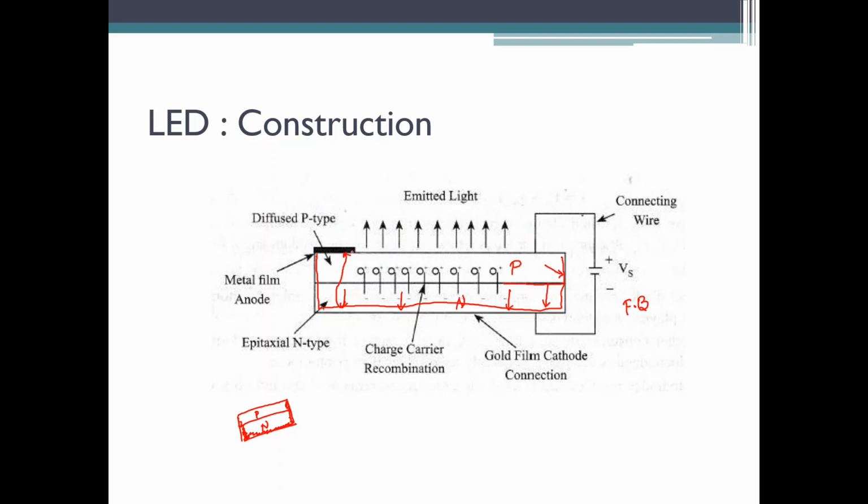This is how it is actually constructed. Take an N-type material, take a P-type material, combine them together, and coat the walls of the N-type material and the side walls of the P-type material with a gold film, so that it becomes 100% reflective and reflects almost 100% of the light rays that hit that particular wall. Other than that, you can have a terminal for the P-type material and a terminal for the N-type material, to which you can connect the batteries.